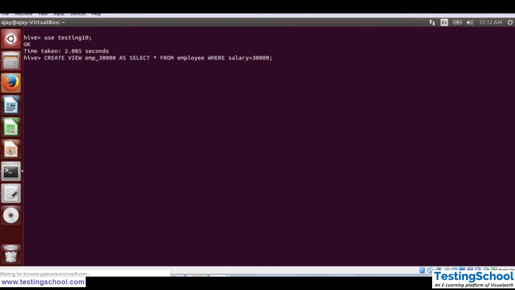Let's say I'm creating employee 30,000, because I'm just checking if the salary is greater than 30,000, then only the rows would get returned. So create view, then view name, as select star from employee where salary is greater than 30,000. So this is my view query.